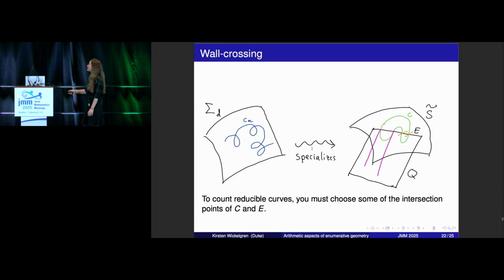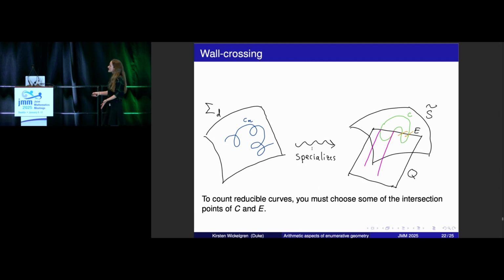And so here's a picture of that. We're interested in genus 0 curves on this sigma d. It's just drawn as kind of a plane. And there's the curve there. And it's going to specialize in a unique way to a curve that breaks up into a bunch of pieces. And these are actually easier to count. So it's a curve C on this S twiddle, and then with a bunch of lines that are in one of two rulings on Q.